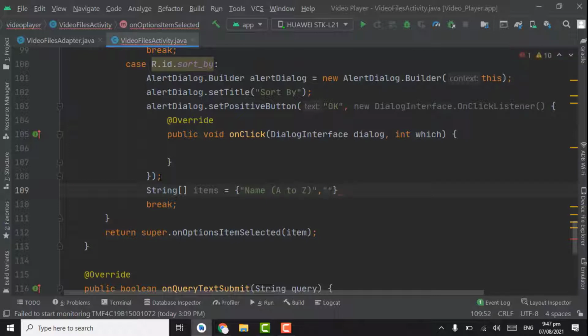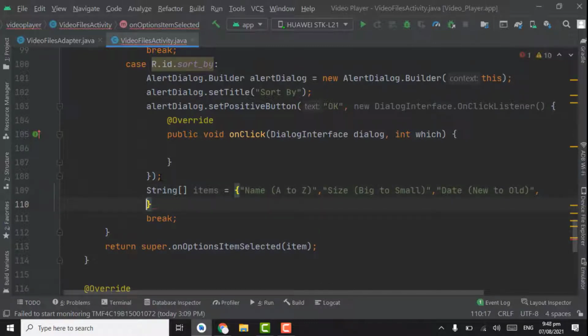Second one will be size, in parenthesis, from big to small, comma, in double quotes. Third one will be date, in parenthesis, date from new to old, comma, and fourth one will be according to length, in parenthesis, long to short.